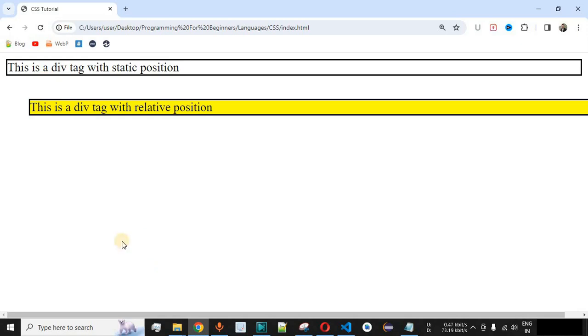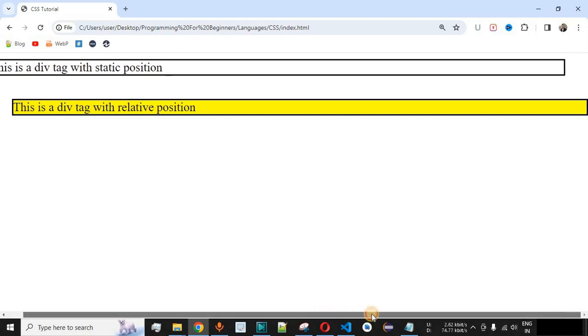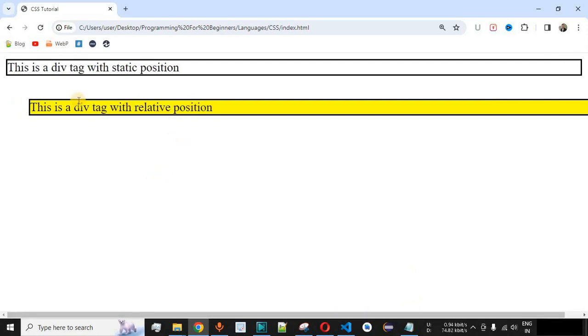Now guys, one very important thing over here is this entire div is being shifted to the right in this case. So as you can see, we are getting the scroll bar, that is the horizontal scroll bar on the bottom. So it is going outside of the screen over here right now. That's because we have not provided any specific width for this particular div, and this is how the behavior of the position will work whenever we are going to use it along with the other properties such as top, left, bottom and right. So guys, this is the relative position example that we have seen so far, and it will overlap with the other div elements as well.